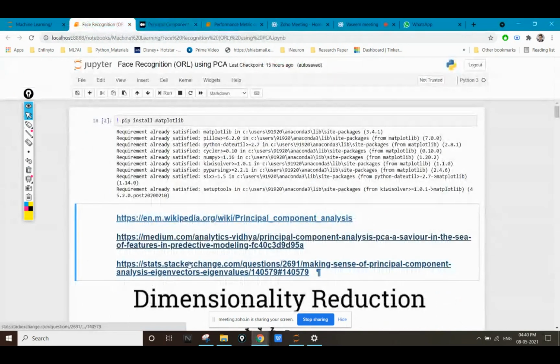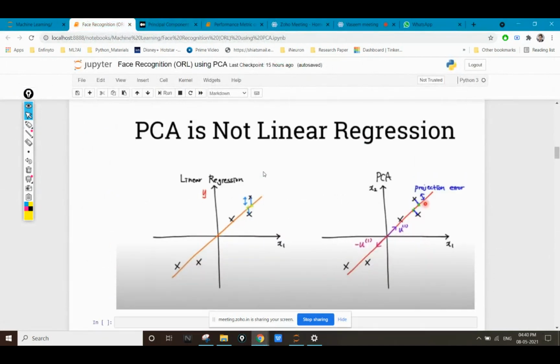Okay, so let's see here. If you have any doubt that PCA is similar to linear regression, it is not, because in linear regression we try to minimize this error. This error line is not a perpendicular line, but in PCA we try to minimize this projection line, which is known as the perpendicular line. This is perpendicular to this best fit line, and here we don't draw a perpendicular on the best fit line. Plus, in regression we try to predict a y value. In linear regression, we try to predict a y value.